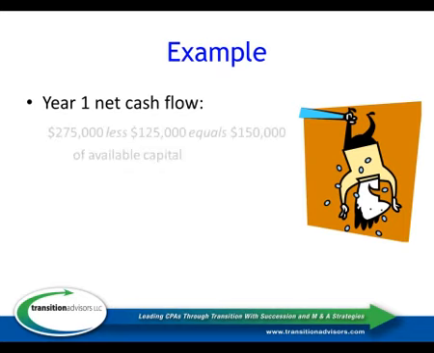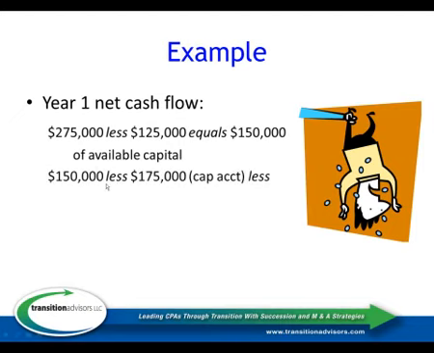So our year one cash flow in this example is, well, we've got $275,000 of compensation to work with. $125,000 is the replacement cost. That leaves us $150,000 of capital left over. That $150,000 the first year is going to be used. We're going to take $175,000 to pay off the capital account, because the capital doesn't go away. The clients didn't go away. The capital is mostly made up of receivables and WIP. The receivables and WIP are probably going to stay intact, so whatever we pay for the capital is going to have to come out of cash flow.